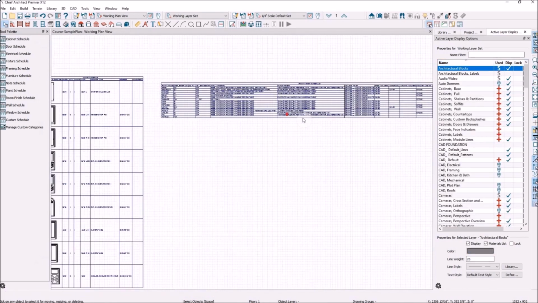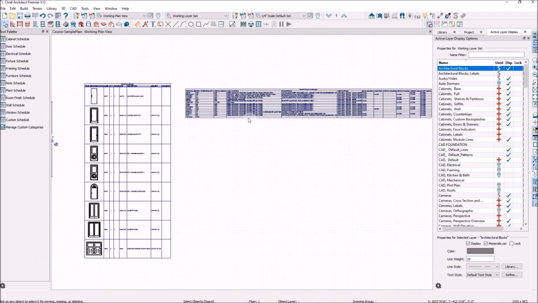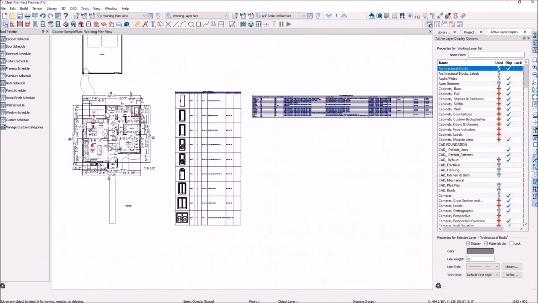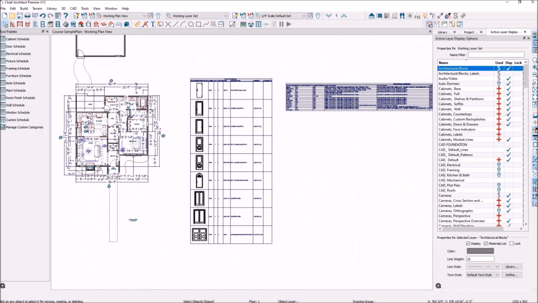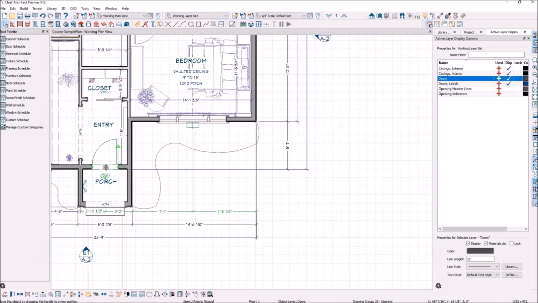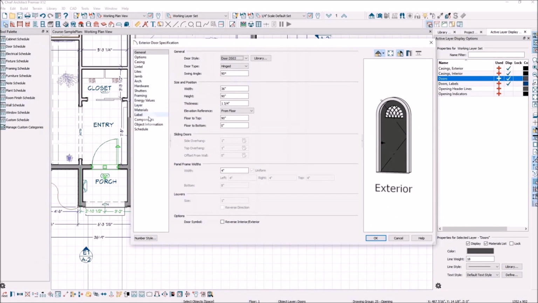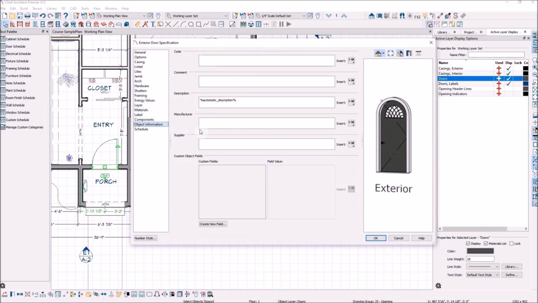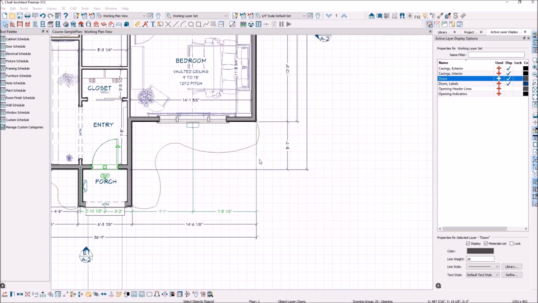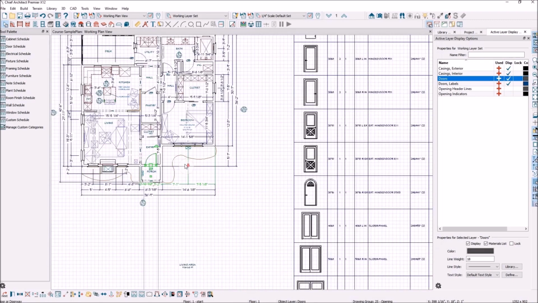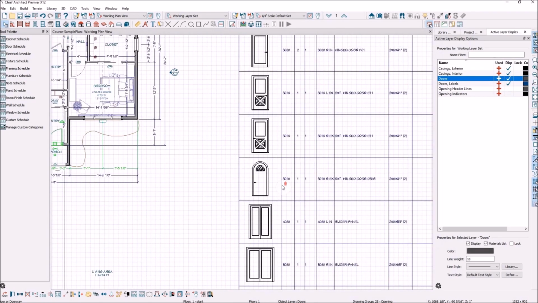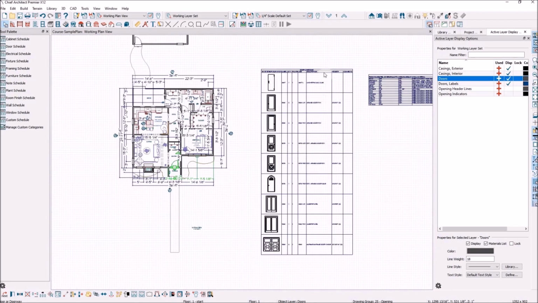All of this information that pulls into the schedule is going to come from whatever information you have within the object. So if I were to open this front door, for example, all of my object information here, anything that I add in here, so if I were to add the manufacturer here, that would go into my schedule as well. So if that's a true style door, then that's going to update into this, my front door. I turned manufacturer off there, but if I were to turn that back on,